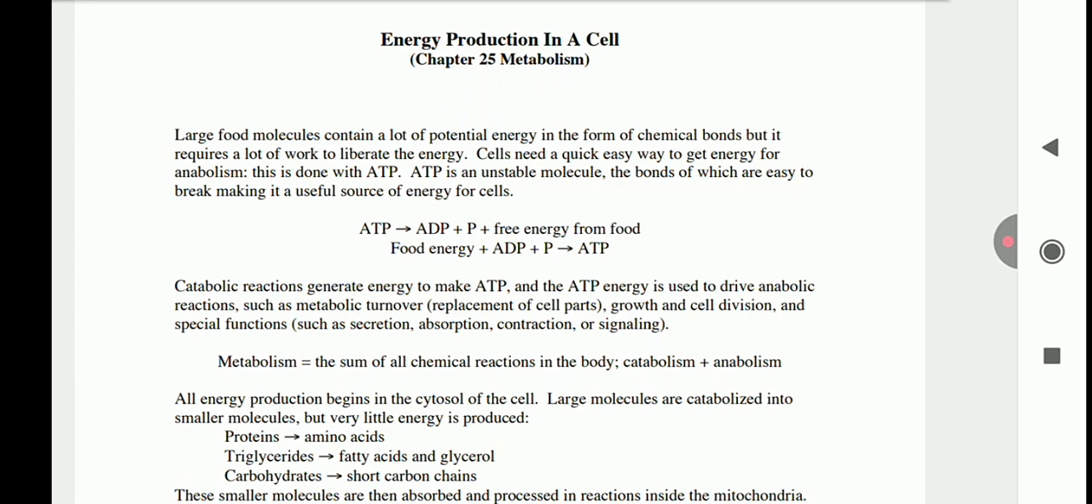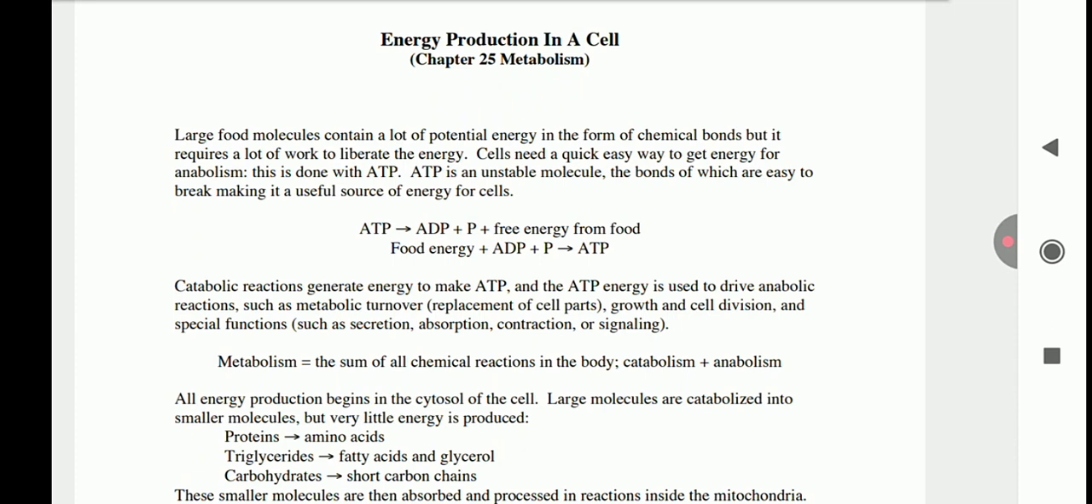Let's start. Large food molecules contain a lot of potential energy in the form of chemical bonds, but it requires a lot of work to liberate the energy. Cells need a quick, easy way to get energy for anabolism. This is done with ATP. ATP is an unstable molecule, the bonds of which are easy to break, making it a useful source of energy